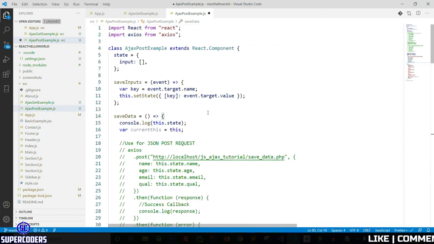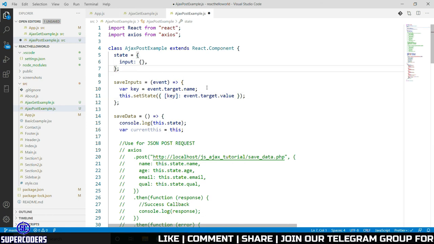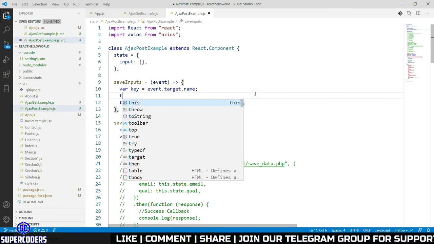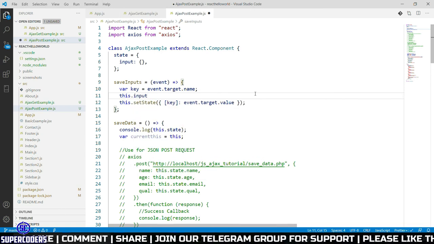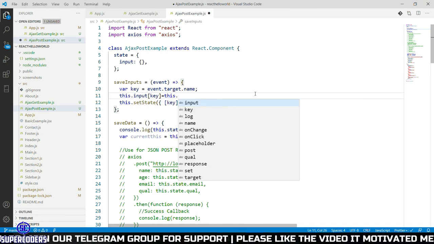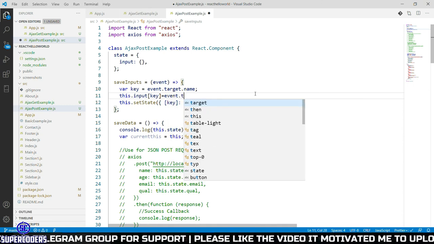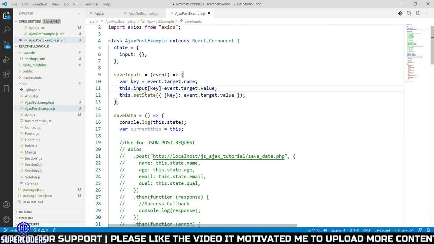So here you can see I am binding every value in setState, but let's do something different, like object, then this.input[key] equal to this.event.target.value. So every value I am storing in input.